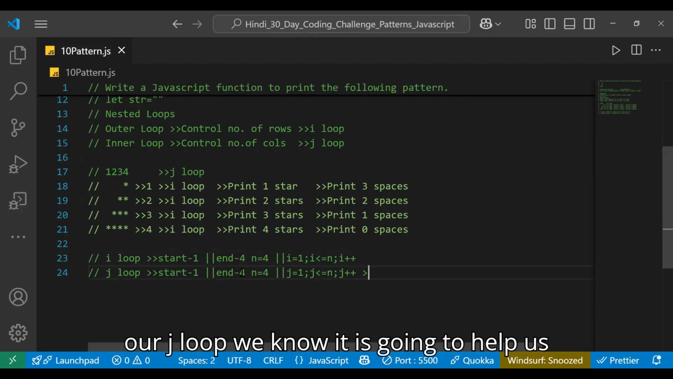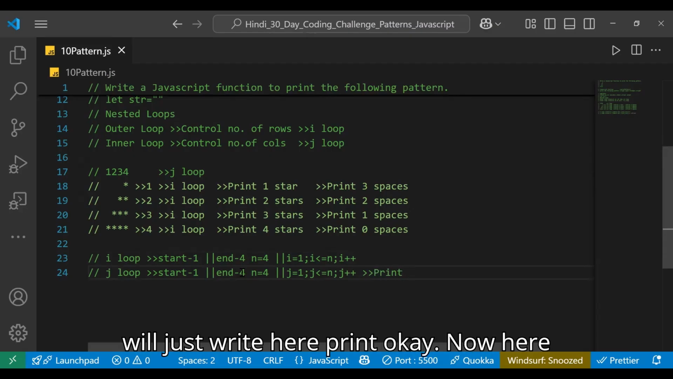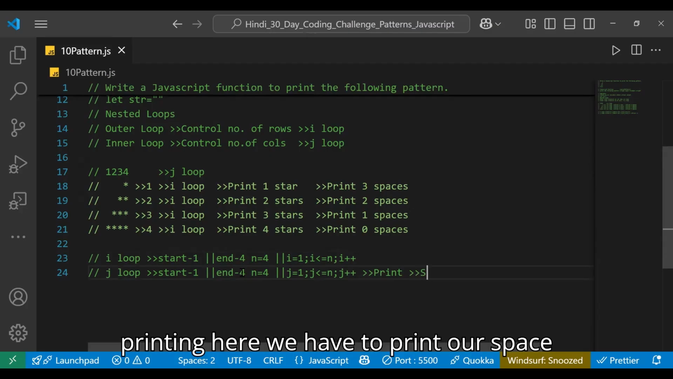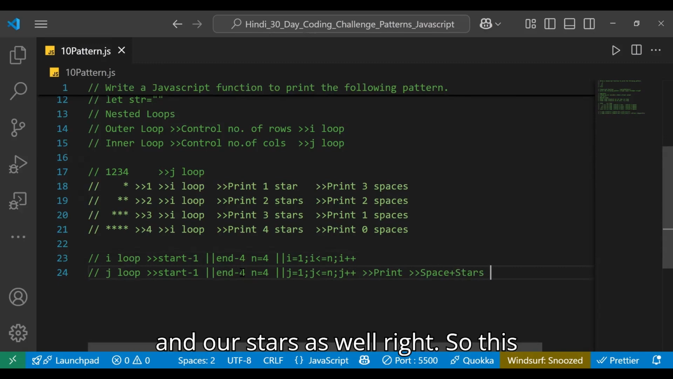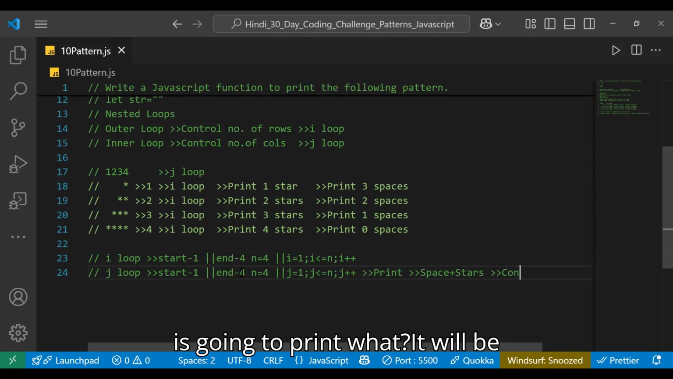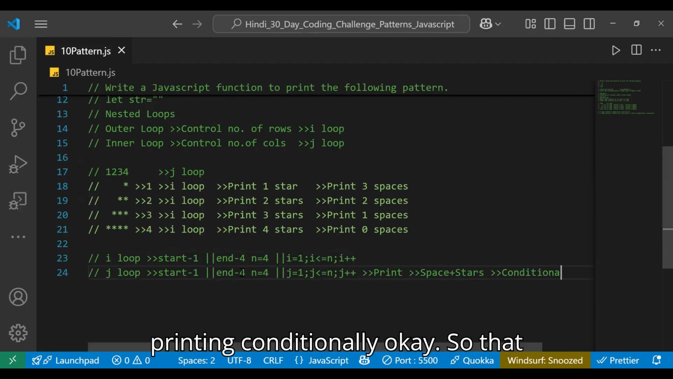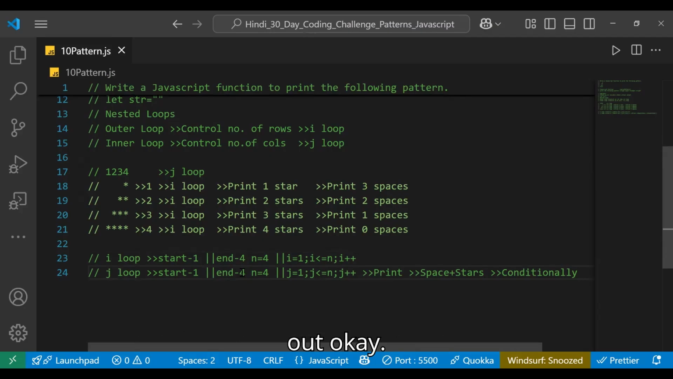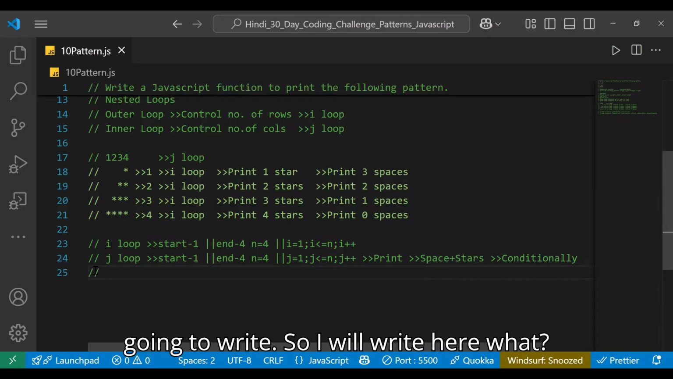Now our J loop, we know it is going to help us print our final output, right? So I will just write here print. Now we have to make sure that whatever we are printing here, we print our spaces and our stars as well. So this is going to print stars and spaces, but it will be printing conditionally. So that condition also we will have to check out. Now let us see what is the condition we are going to write. So I will write here